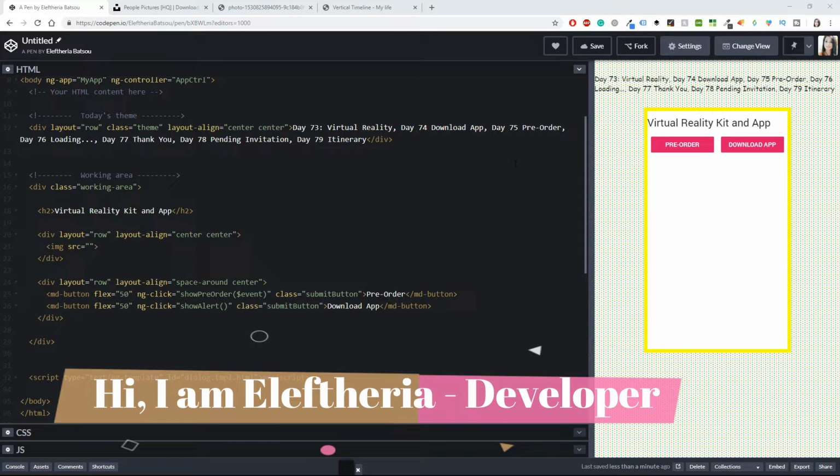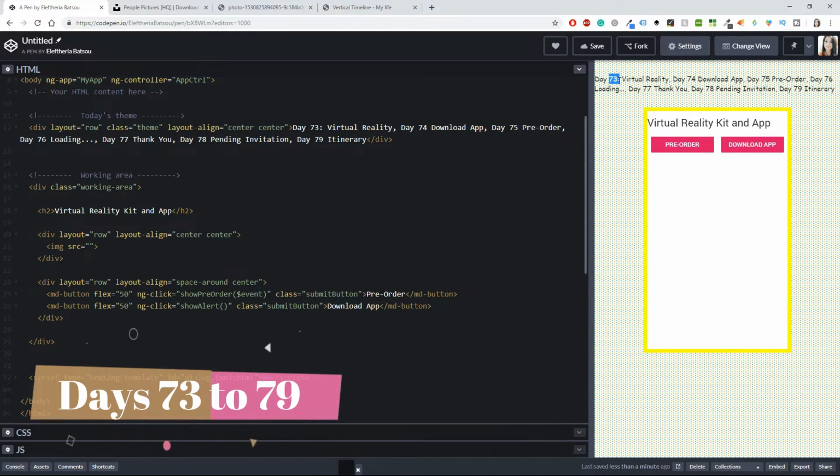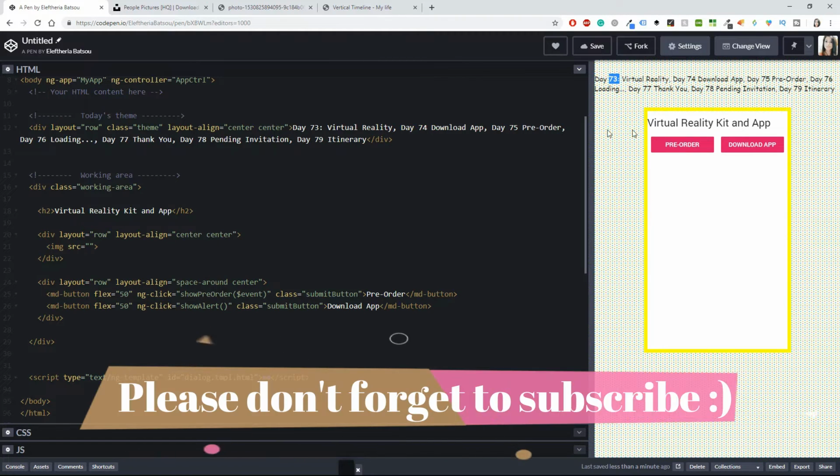We are currently doing the daily UI challenge and I am on day 73. We are going to combine some projects all together, so you're going to do from day 73 to day 79. And as you can see, I've already written quite a few things, but before we start seeing the code,